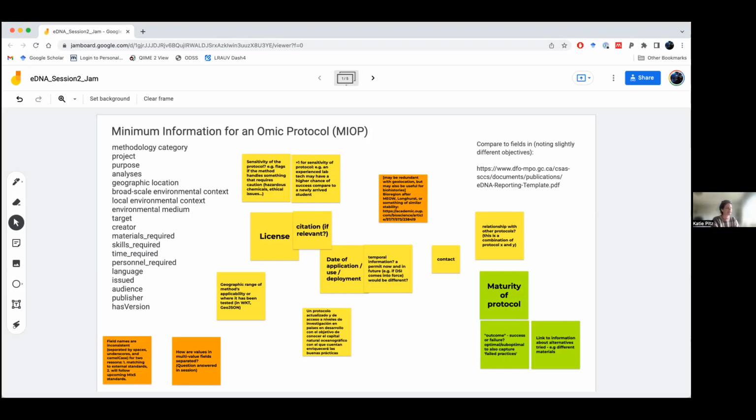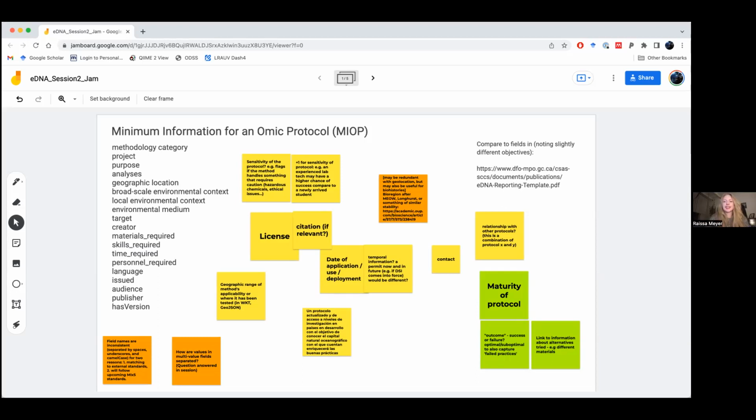But also, I guess, to get back to capturing different types of protocols too, for example, I've been starting to put Ambari's protocols on the system and I've been concentrating on the lab protocols, because I already have those written up. So we do need more different types of protocols to be put into the system to test that it works for those as well.